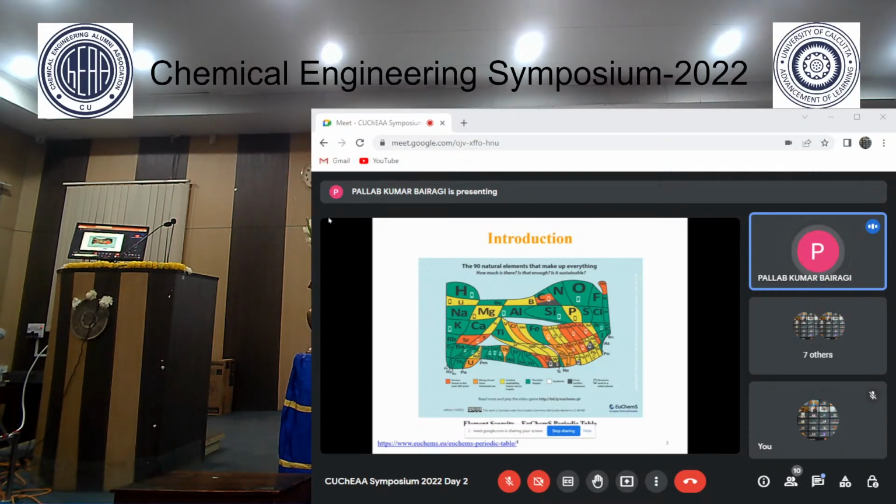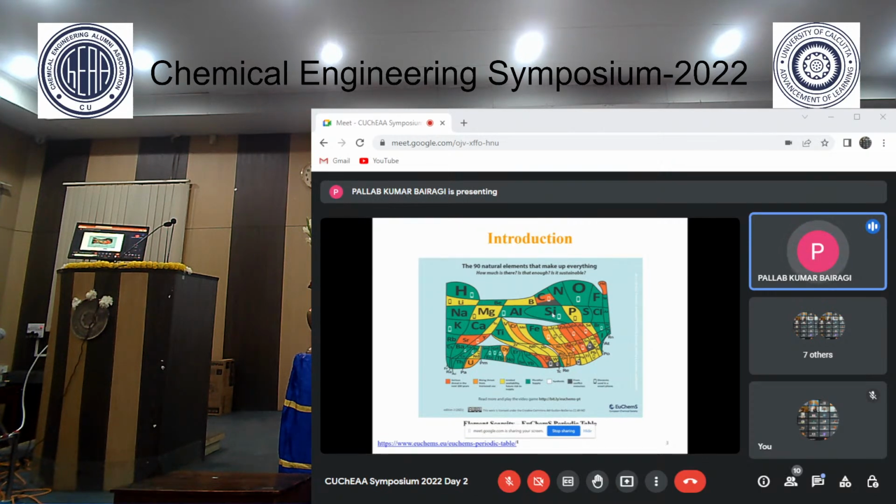In this context, for celebrating the 150th birthday of Mendeleev's periodic table in 2019, the European Chemical Society presented a special format of the periodic table to describe and indicate the scarcity of elements and the subsequent potential threat. The area occupied by each element gives an indication of the amount of the element in the earth crust and atmosphere. It is also to indicate that special effort must be given to minimize waste generation and promote partial recycling.